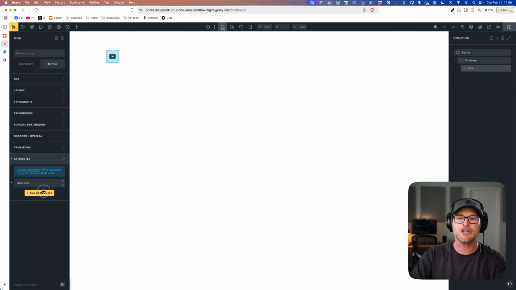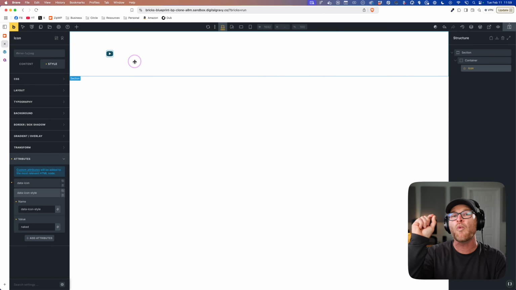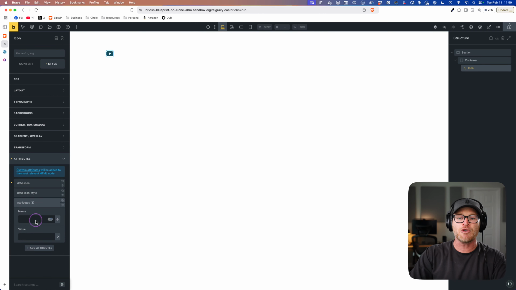Watch, I'm gonna go to this attribute, and I'm gonna add another one. It's gonna be data-icon-style naked. And immediately that one individual icon goes from being boxed. All of my others can stay boxed, but this one icon, I can override its style. By the way, I can also override its theme. data-icon-theme is light and it will go to light. And I have with these data attributes full control, okay?